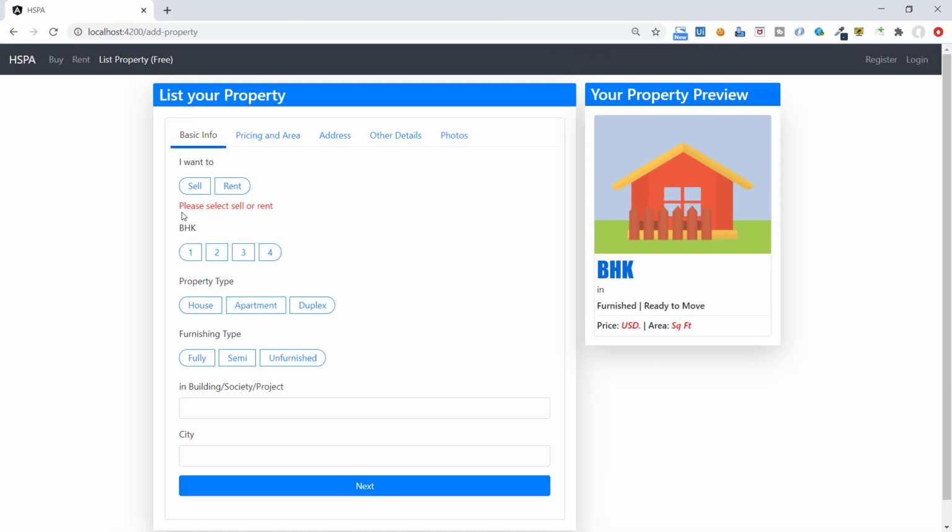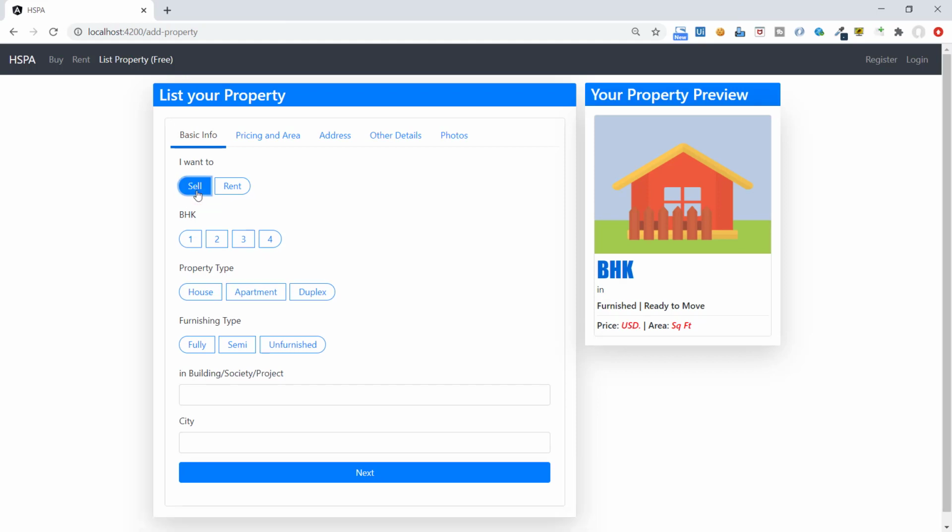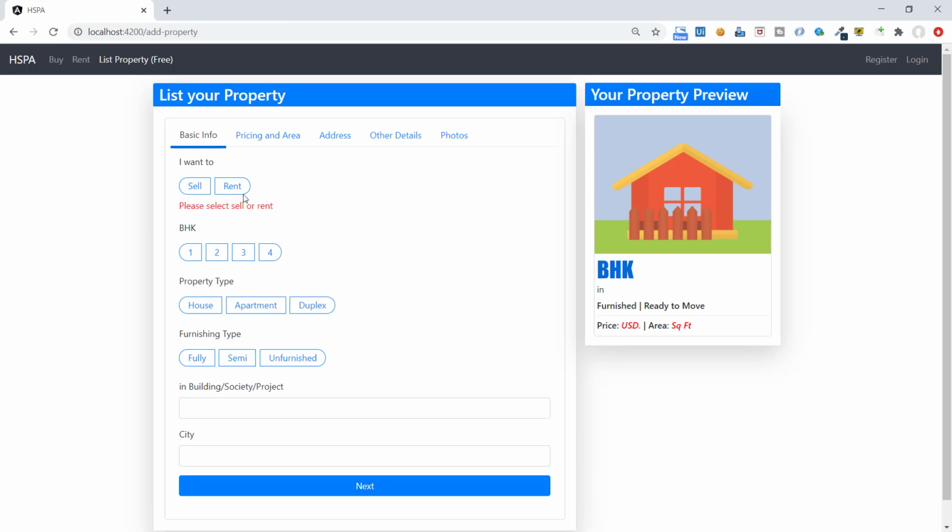But this error is appearing here by default because we are not selecting any default value for this radio button, and we have defined it as a mandatory control. It is showing an invalid error here as soon as this page is loaded. But because this is not a text box, we cannot display this error only when someone sets focus out of this control without entering any value.